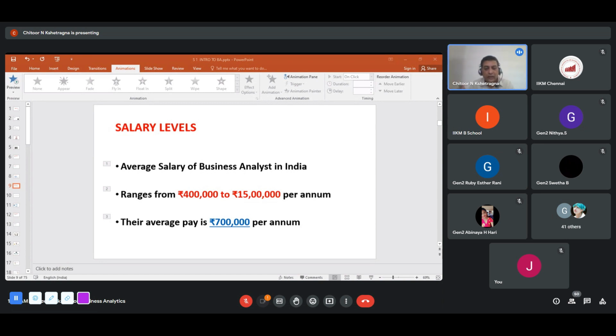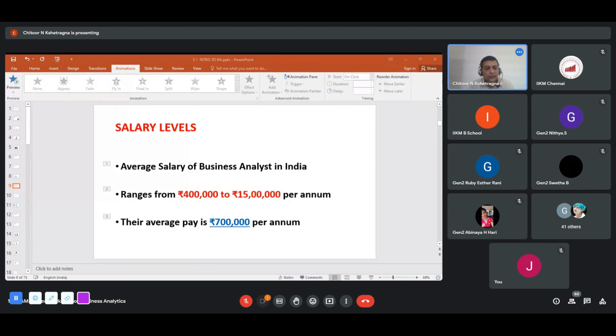But for every rule, there's an exception. When you join as an associate or as a trainee, you start at 4 lakhs salary, right? So, probably it's a decent number. 4 lakhs today is a decent number because even an engineer, after he does an engineering from an Anna University affiliated college, ends up getting 3.5, 3.6, 3.8 lakhs. You've seen your friends, your brothers, sisters, cousins getting such a salary. Right? So business analytics is at a slightly higher level, where they offer you 4 lakhs.